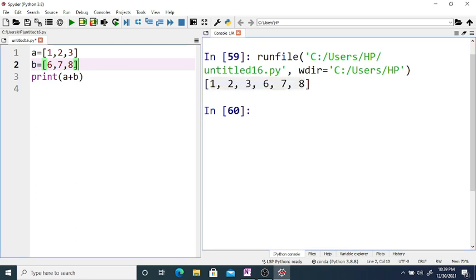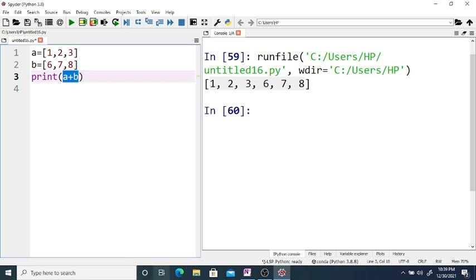In this case your original lists are not modified. So if you print A, it prints 1, 2, 3. If you print B, 6, 7, 8. So a new list is formed and it contains the merge of these two lists, by using the symbol plus.